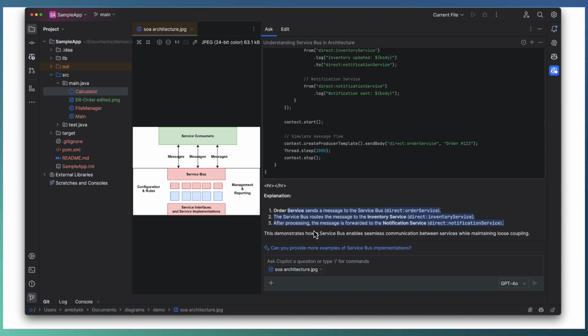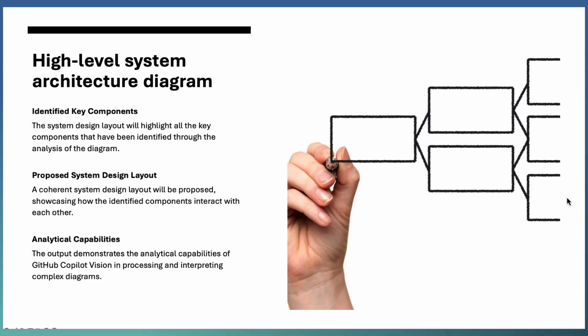So the Copilot Vision capability helps us understand a complex architecture diagram even at a high level, or get an insight or details with examples for each of the component implementations. If you don't want it in Java or a particular technology, you can prompt Copilot to give the examples in a target language or technology stack. This is our first vision processing, getting an insight out of the architecture diagram.